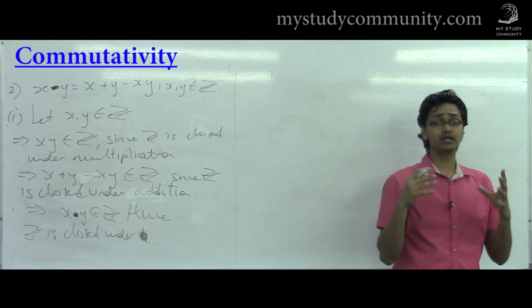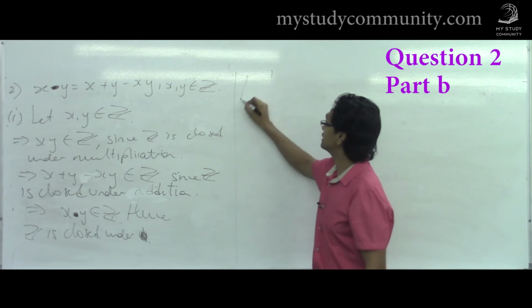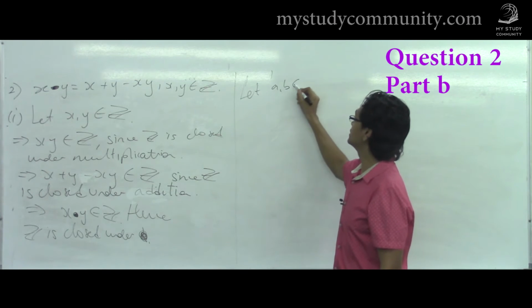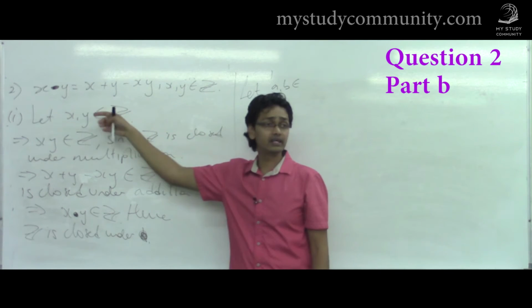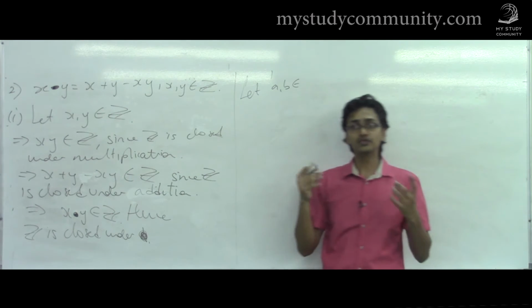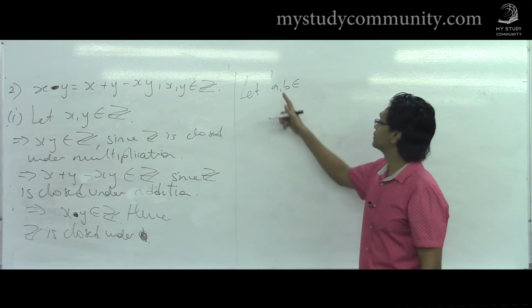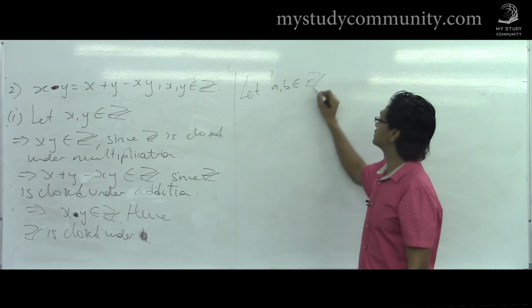Exact same thing. We take two elements and we show the order of the element does not matter. So the first line is let A and B be elements. Now it doesn't matter if we choose X or Y and A and B, right? It's alpha, beta, whatever it is, just do not choose values. Don't choose numbers. Don't say 1 and 2 and 2 and 3, yes? So let A and B be elements of Z. Now